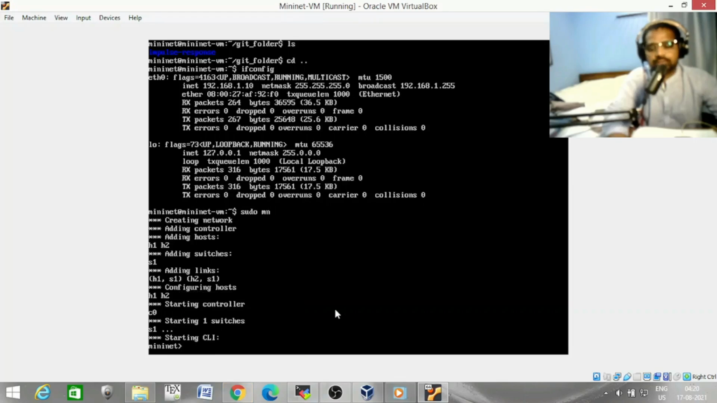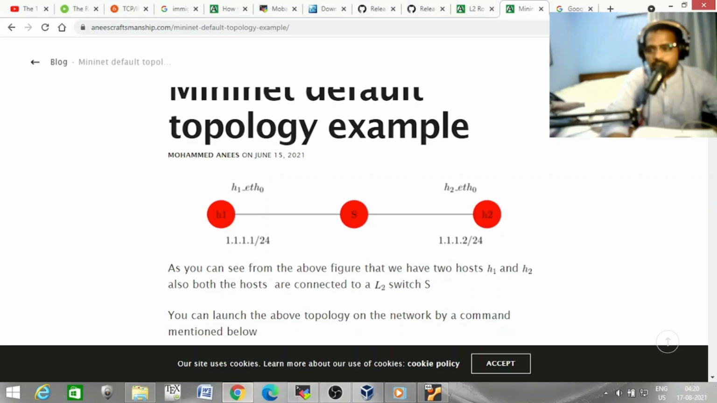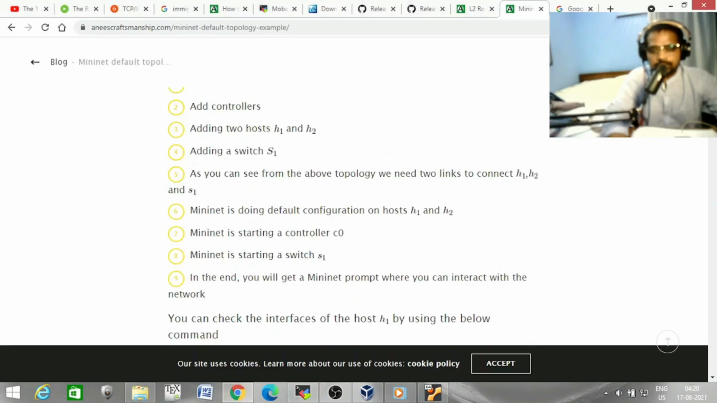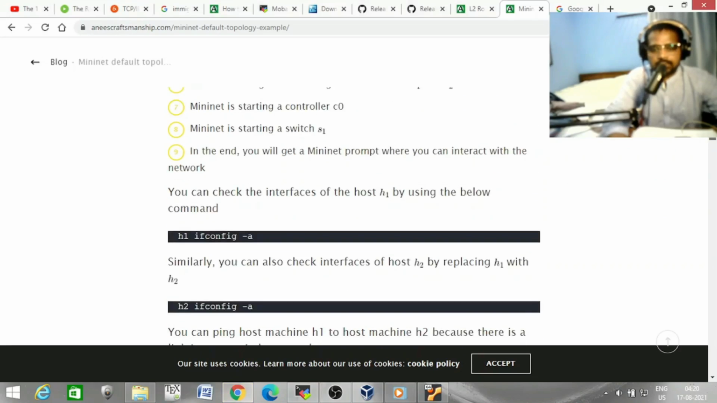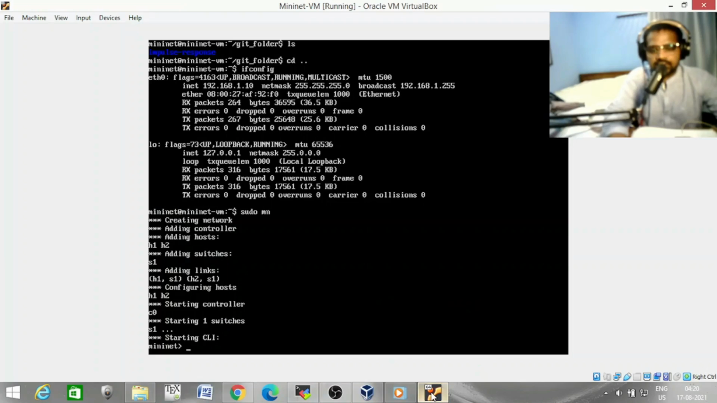So this is, I'm just showing you a simple topology. Let's see another topology. So as we have launched our topology, now we will check